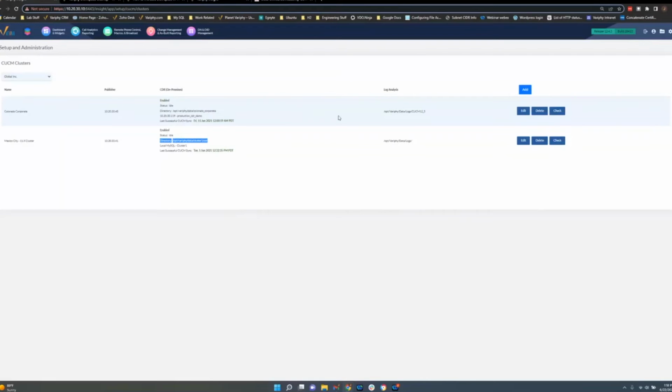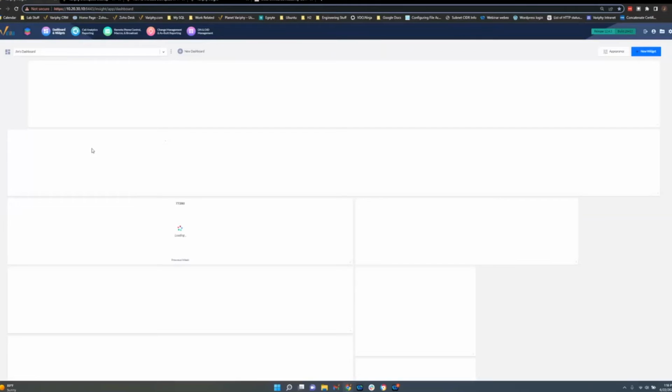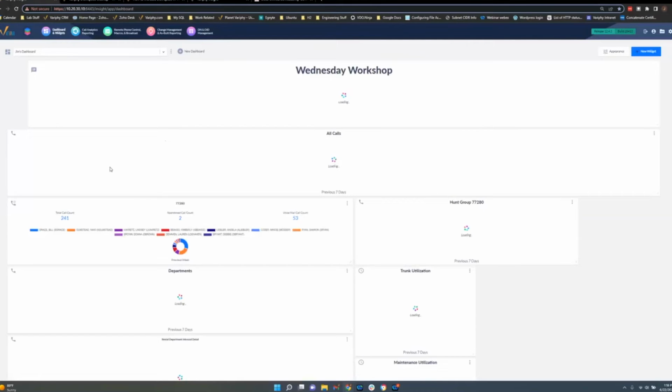All right, let's go to the case of missing or limited CDR, maybe missing some records. In that case, go back to my dashboard that was shown before. If you've got a widget like mine, which as soon as it comes up is showing all calls basically, I'm getting an idea of how many calls per day.